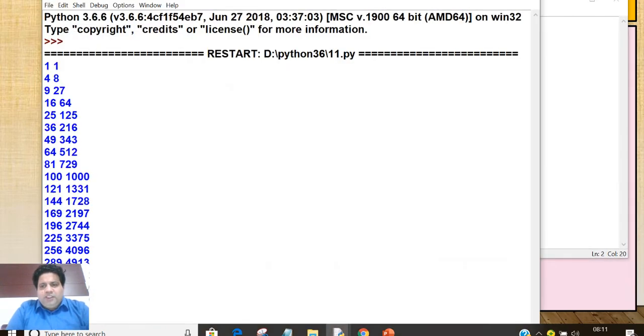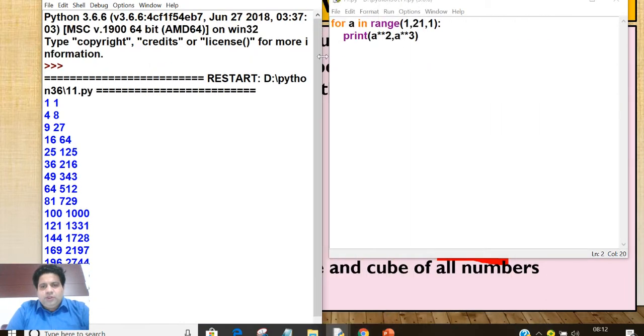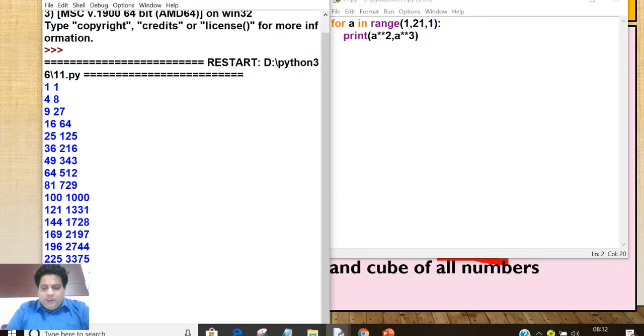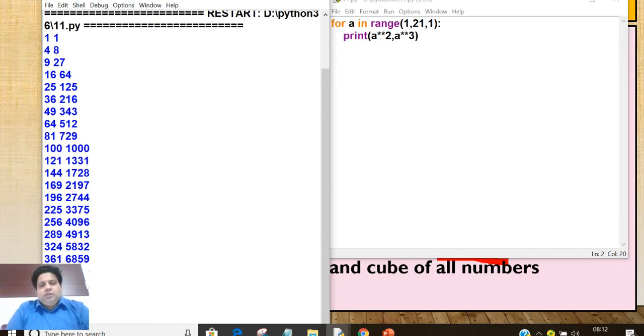So keep in mind these are simple programs that will be helpful in building the logic. If you do not understand these programs, then you may not be able to write complex programs. So the first thing you should do is practice these programs on your own and then check the answer with this tutorial or the notes you are making.